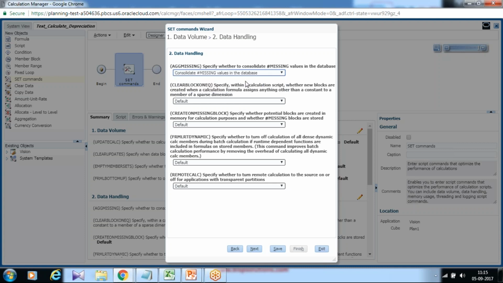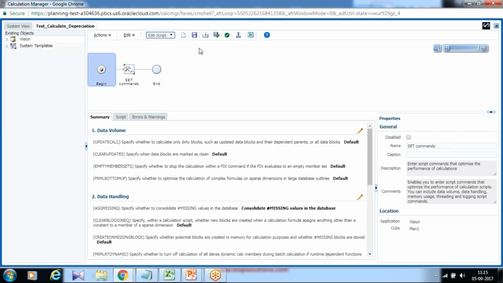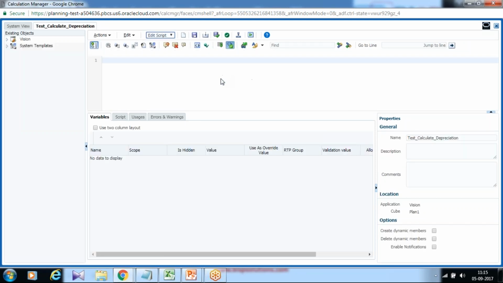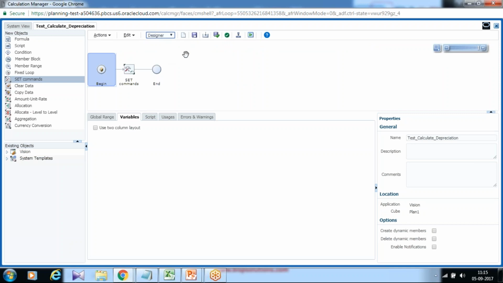Aggregate missing we use when you want to allocate from parent to child, and you want to make sure that your missing values do not consolidate to the parent or overwrite your parent value. So therefore I use aggregate missing. You save it and exit, and you have two nodes over here, designer node and script node. I love the script node. I love to write code directly. However, if you love designer mode, you can use designer mode. It is more GUI and user friendly for new programmers.